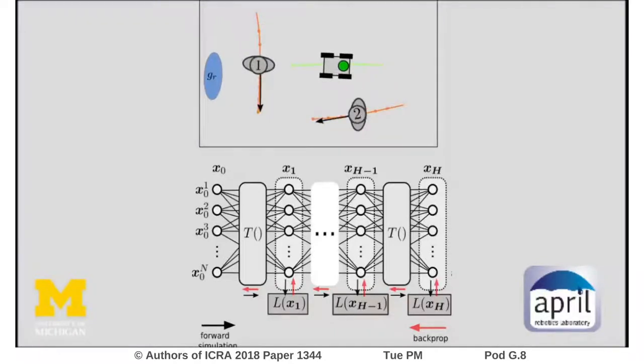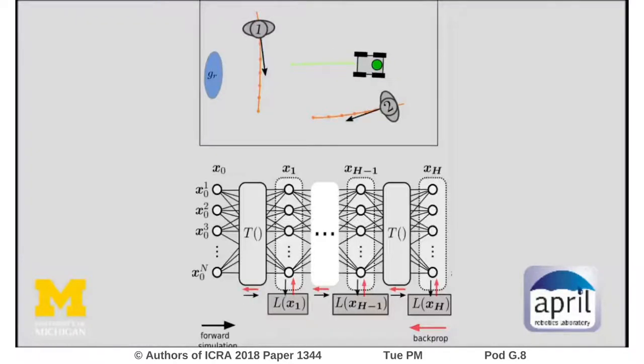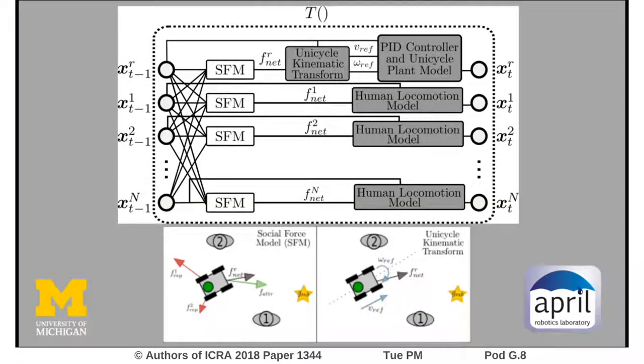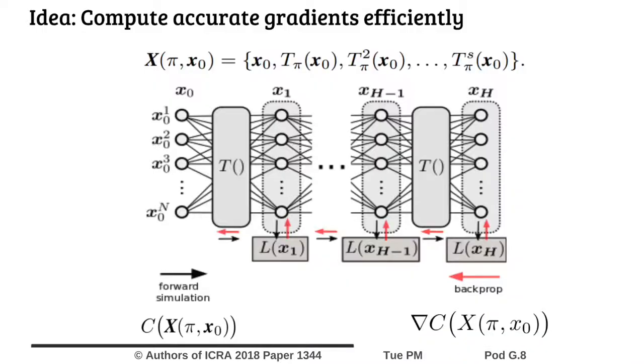The key idea is to represent a forward simulation as a deep network, where each layer represents a single simulation step. Each time step is decomposed into two pieces: a set of policy-specific rules defining the forces that act upon each agent, and a set of kinematic rules that restrict their motion.